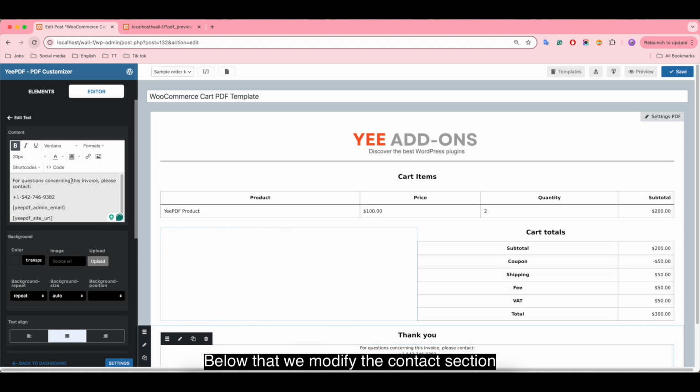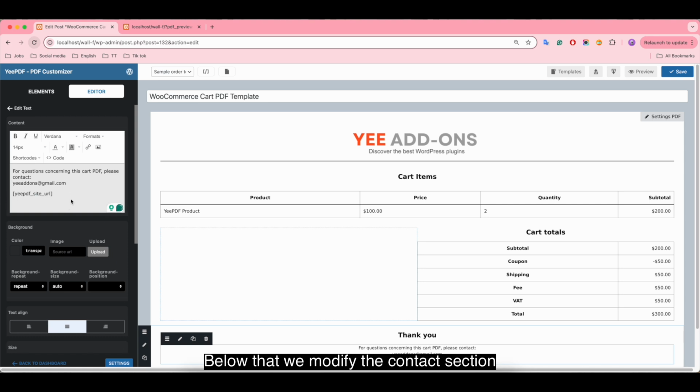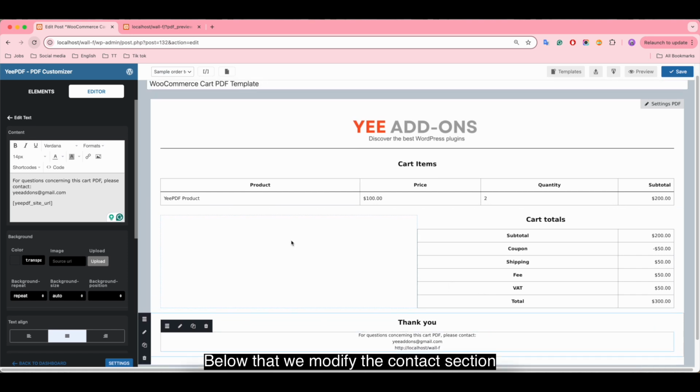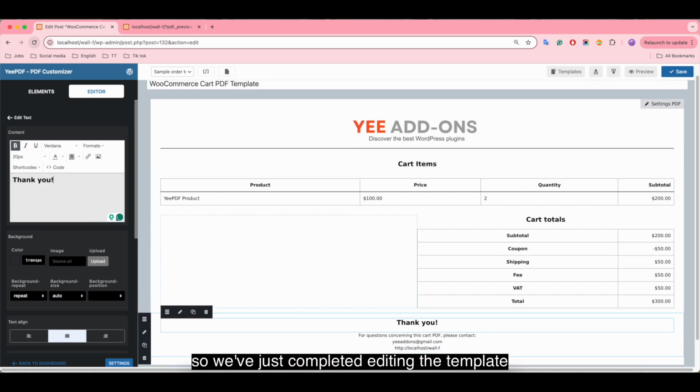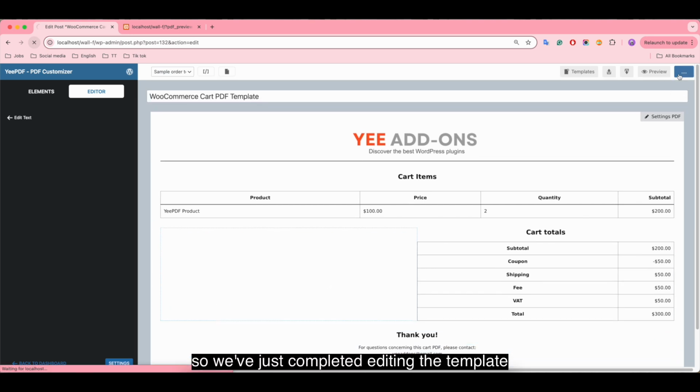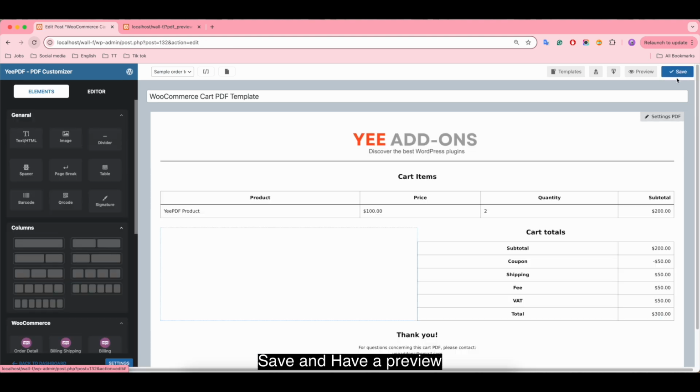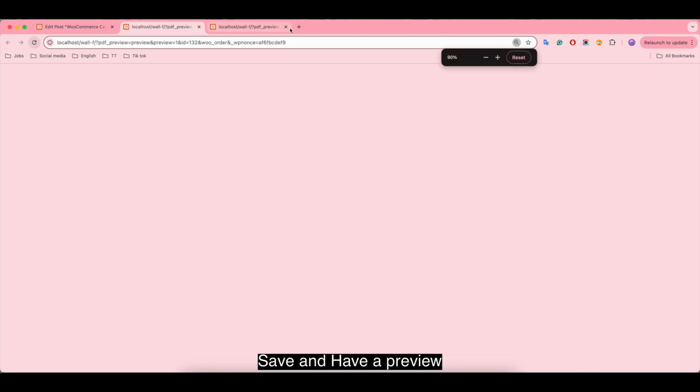Below that, we modify the contact information. So we've just completed editing the template. Save and have a preview.